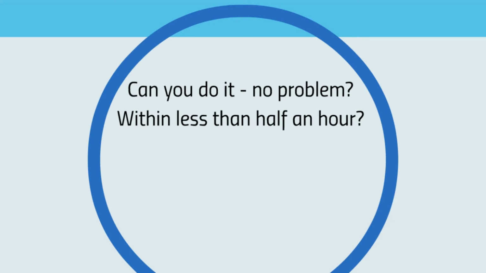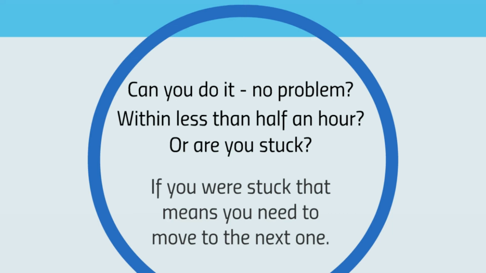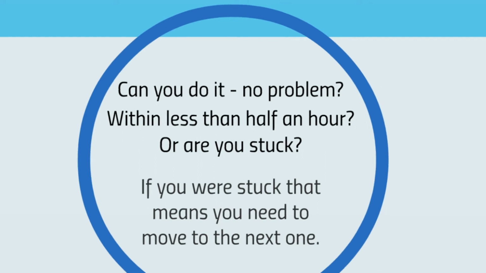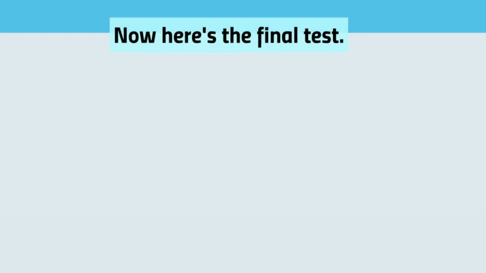That means that in your brain, you're able to produce topics right away and that you're actually passionate about this niche. Now, are you stuck? Let's say you tried it and you weren't able to think of anything. If you're stuck, then that kind of means that you need to move on to the next one. So look back on the list of pains and hobbies, pick another one, and go through the cycle again until you find one that works.